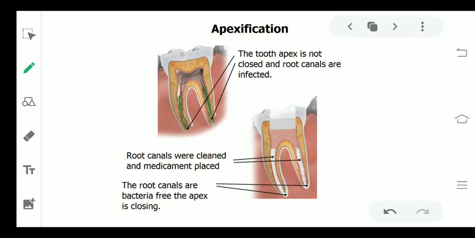Moving ahead, as you can see in the diagram, what actually happens in apexification is, because of trauma to the pulp, the apex of the root gets opened, or I could say there is an opening on the root apex. The tooth apex is not closed, due to which the root canals get infected. Now what we have to do in this procedure is use certain medicaments which can help in the formation of the bone which has been lost. The gap which is created between the two apexes should be filled up. So certain medications are used which can fill this gap and also help in controlling the bacteria and the infection in the roots.